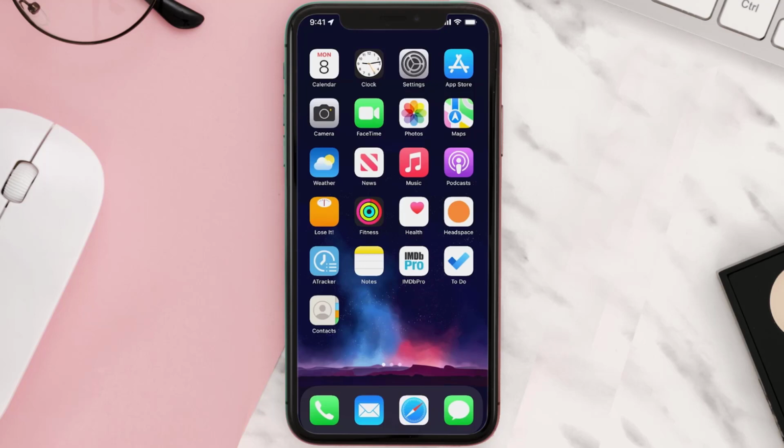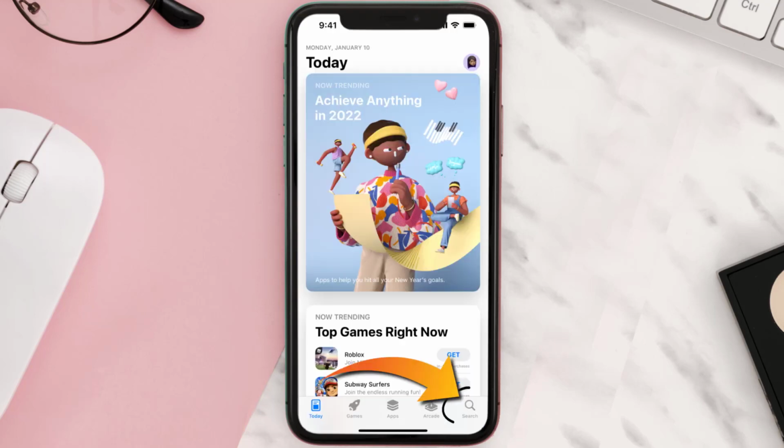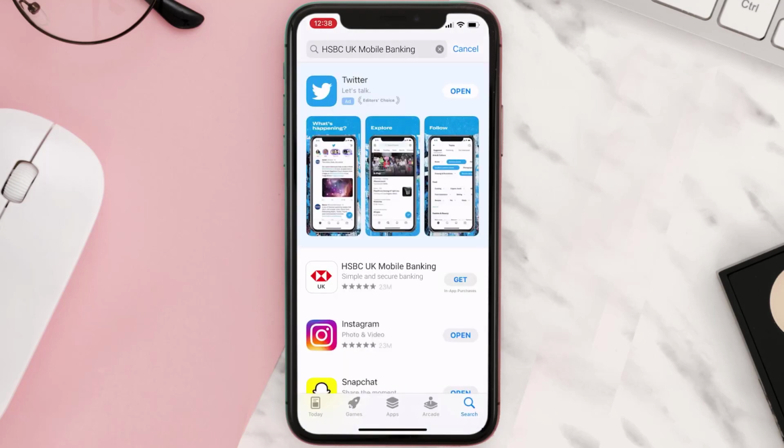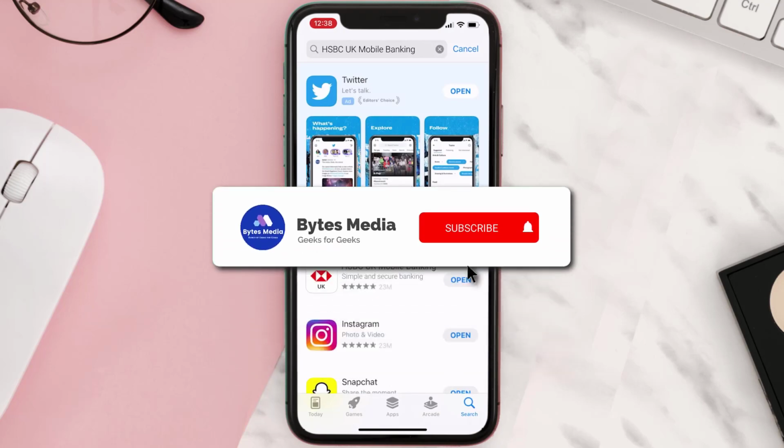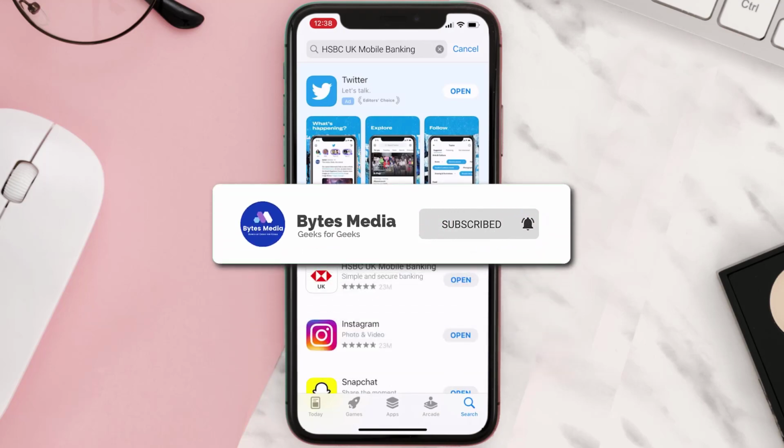Once uninstalled, you need to open up App Store and then search for the app here. And then click on this Get button to install it back on your device. Hopefully this will fix the issue, and if it did,